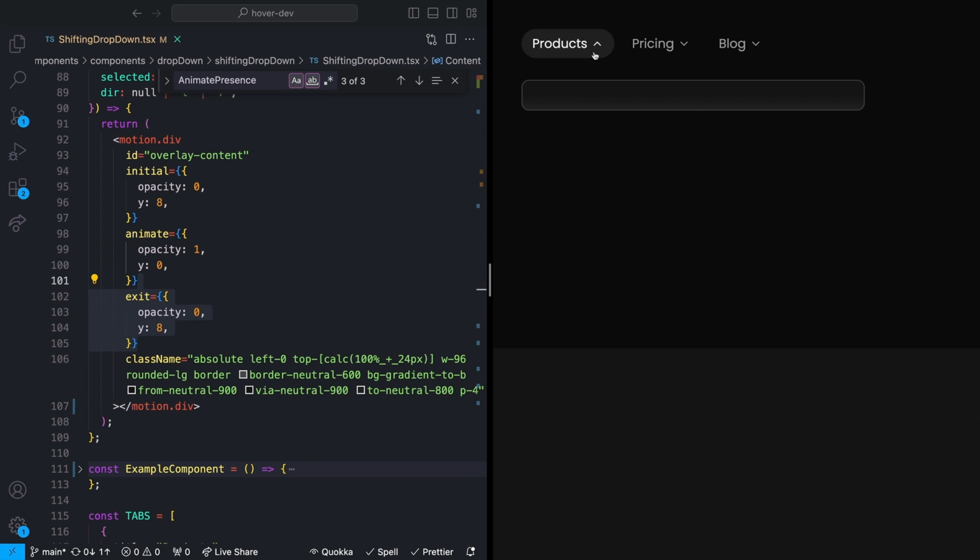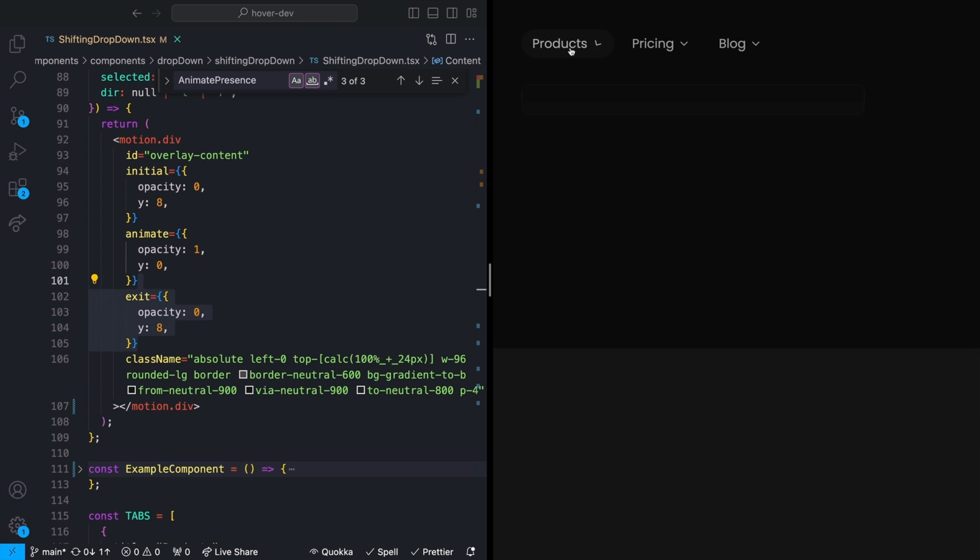If I save this, we should now see that whenever I first hover over it, it actually animates in, and then it animates out whenever it goes away. Now, one thing that we're going to notice, which I don't like, is whenever I try to actually move my mouse between here and the content, it goes away. That's because there's kind of an empty void here between the tabs and where the actual content lives.